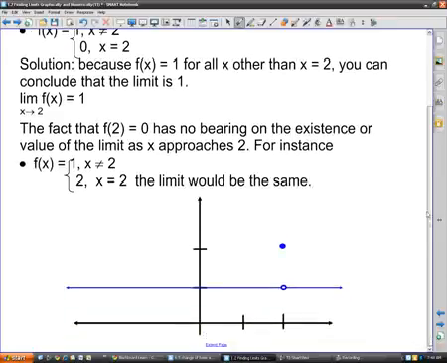And so the only difference is they said it was 0 when x was equal to 2. Same idea, though. So then what happens